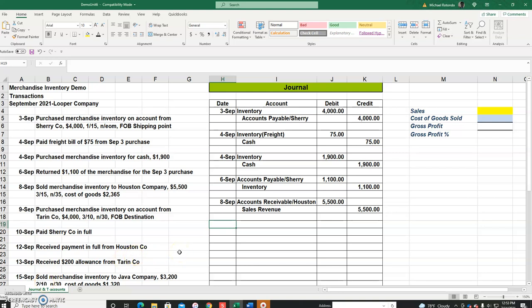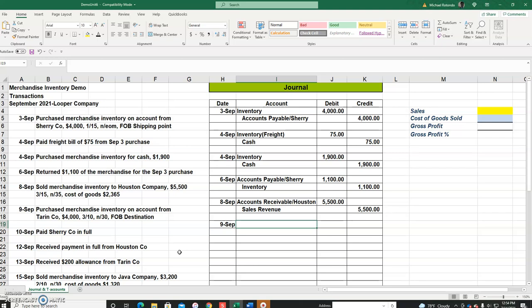So, in the last video, we looked at the first few transactions for this fictional company, Looper Company. So what we're going to do now is pick up with September 9th. On September 9th, it says we purchased merchandise inventory on account from Terran Company, 4,000, terms are 3/10, net